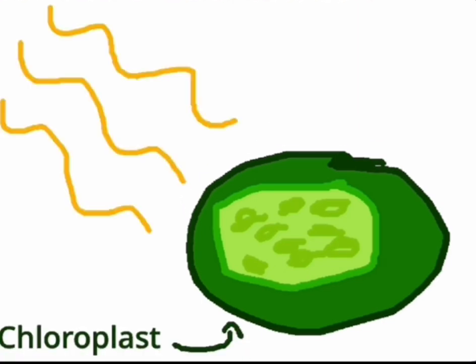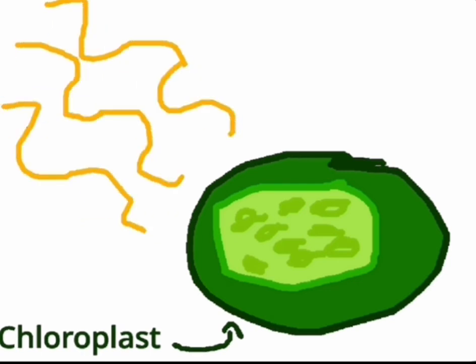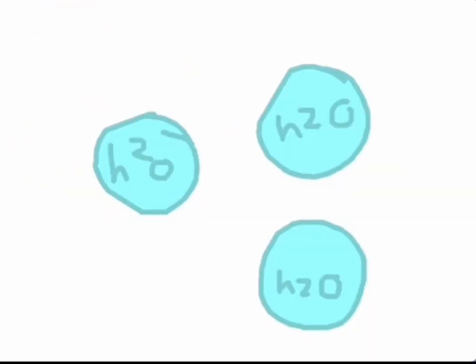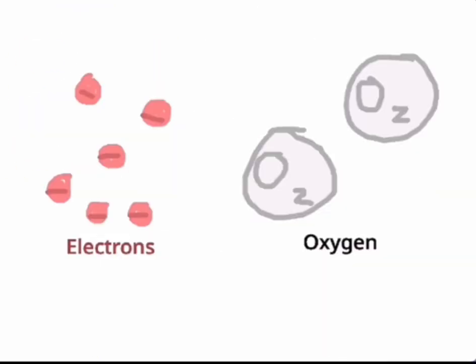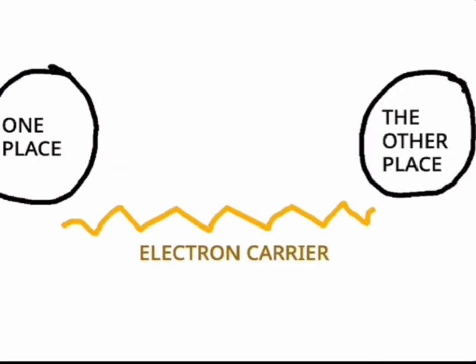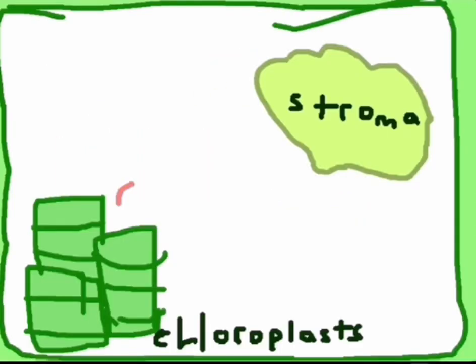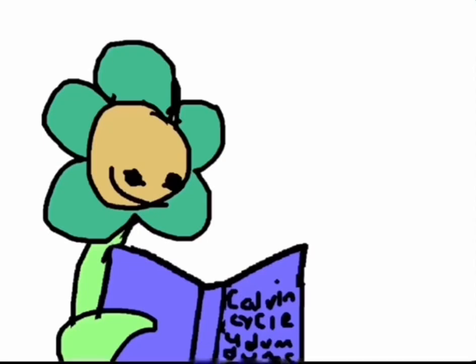Light energy goes into the chloroplasts and their thylakoids, meeting up with water molecules. The water molecules are broken apart by the sunlight, creating electrons while releasing some oxygen. These electrons are passed around the plant cell with electron carriers, which creates ATP. The electrons and the ATP are brought to the stroma, where we're about to make our glucose in the process